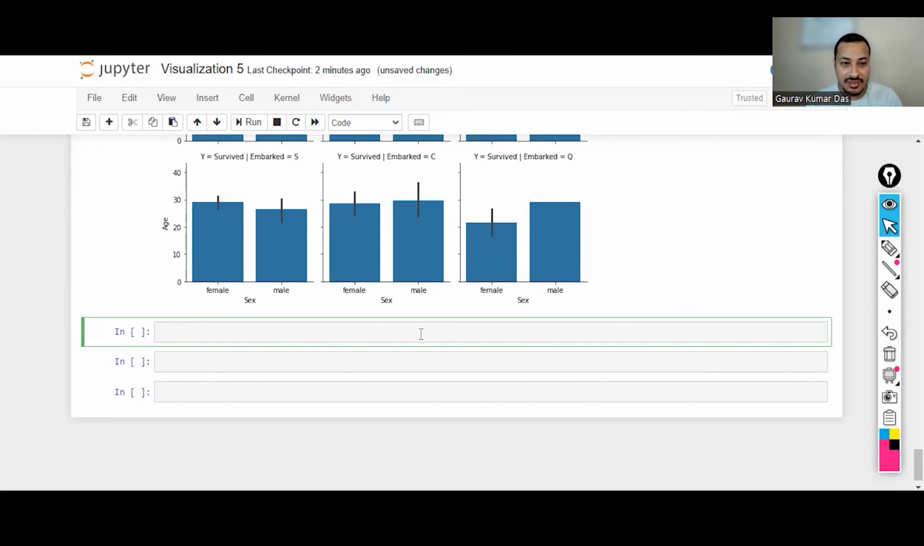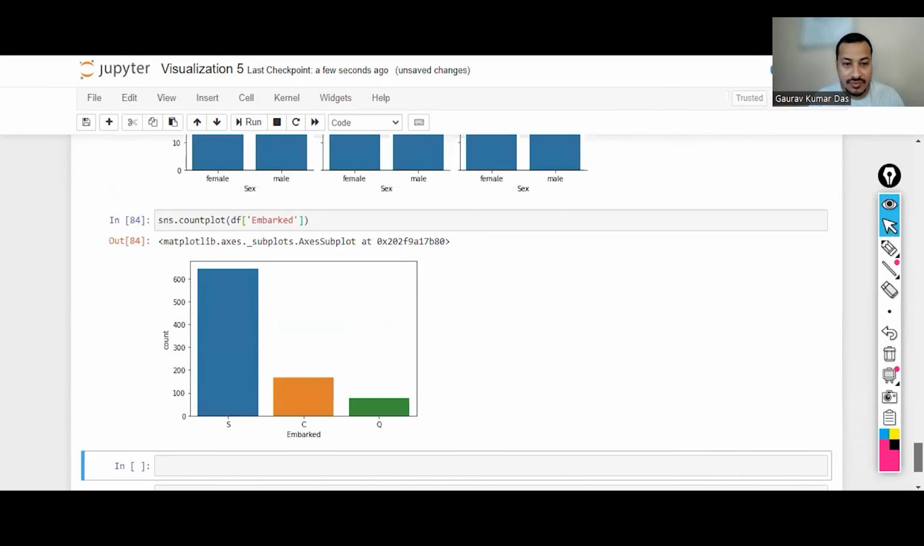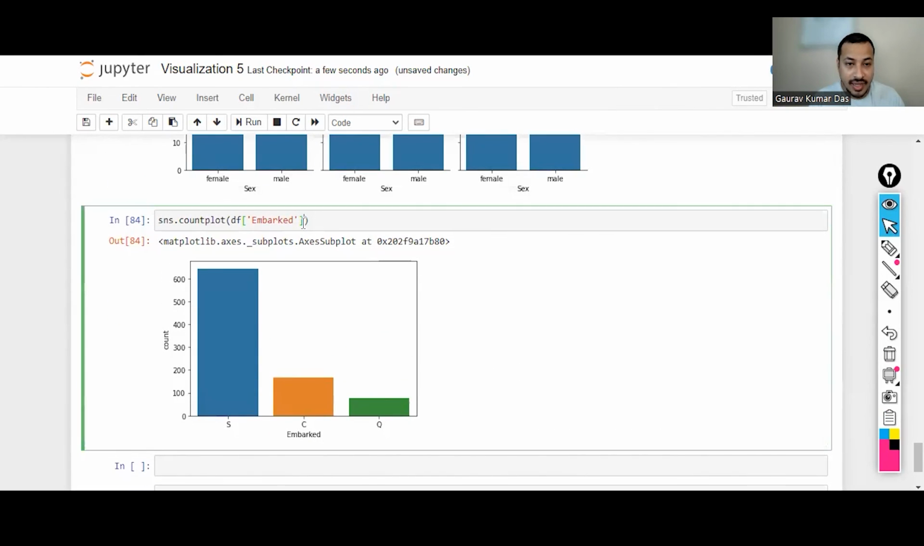these embarked positions. How will you do it? Very simple. I need a group bar plot for that, of embarked in P-class. So what I'll do is sns.countplot, and I'll do, let's say, df x equal to, or I can simply do df of embarked. If I simply do this, I'll get 3 bar diagrams of C, S, and Q. And if I simply do hue is equal to